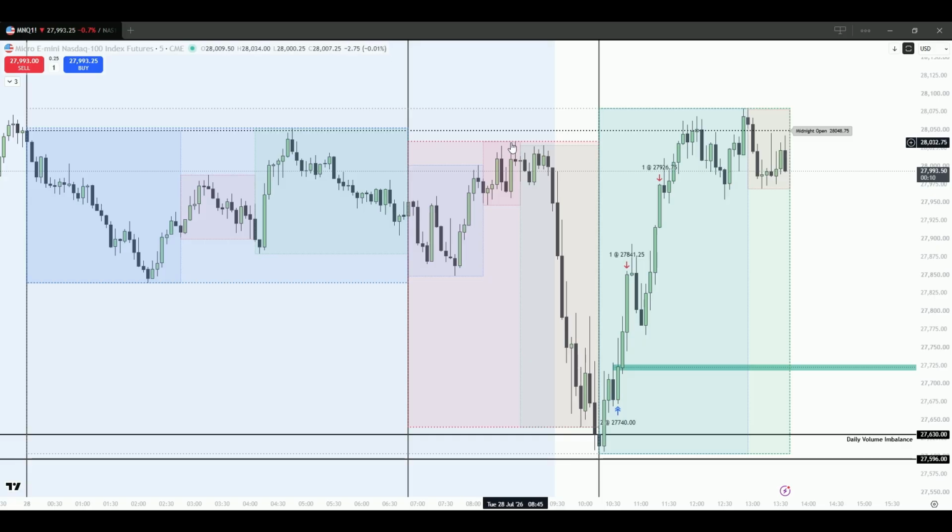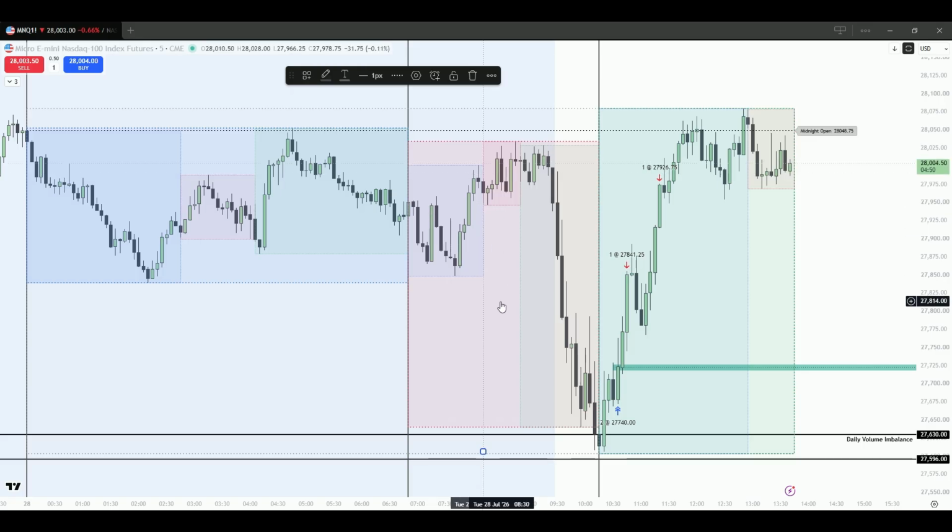Here, the actual drop, the beginning of this manipulation move down of the daily Judas swing, started within the level 2 manipulation cycle, from 8:10 until 8:50. That's your level 2 or micro cycle within the larger manipulation cycle,